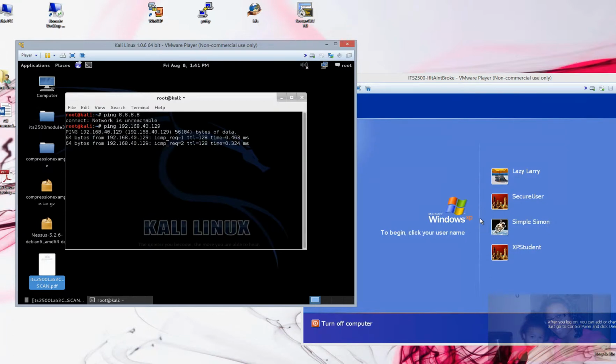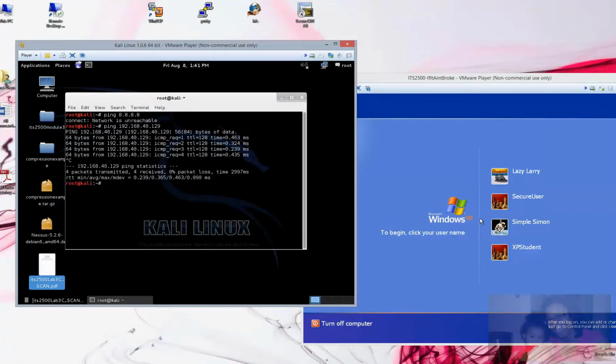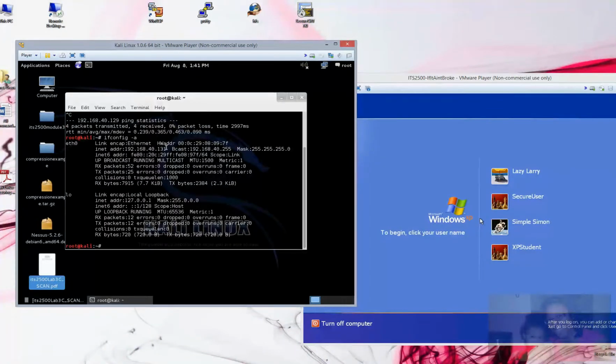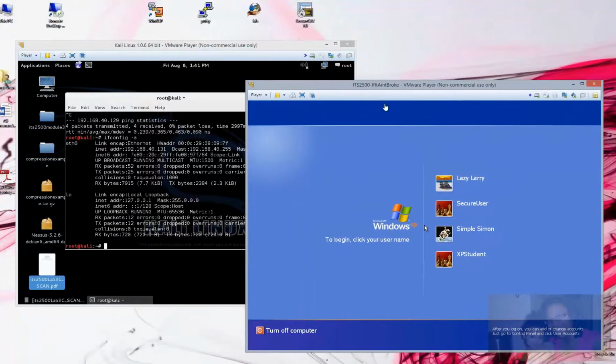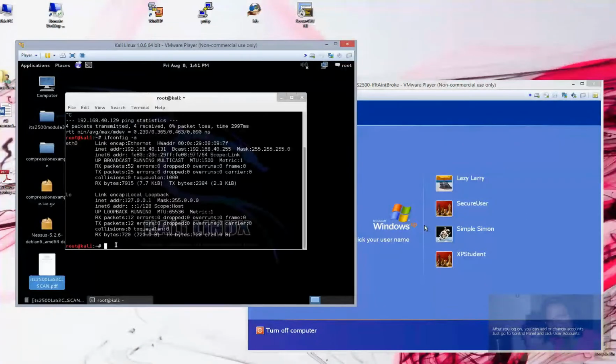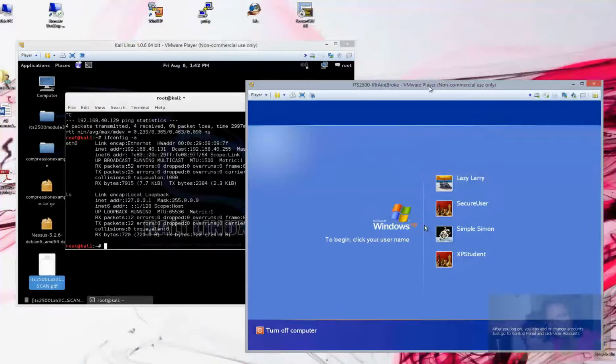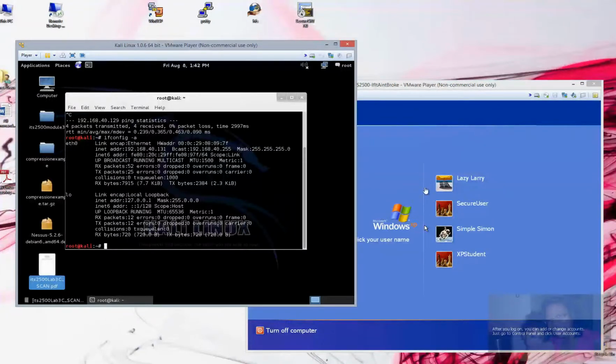192.168.40.129, and we are getting a reply back. Let's confirm that we're not actually pinging ourselves here, and we can do that by running an ifconfig -a, and my address has changed a little bit. It's 192.168.40.131. Again, yours might be slightly different right here. Whatever you pulled up as your Windows system when you did your Nessus scan and your Nmap scan, that's what you're going to want to use here. If you do not see that system, for some reason this guy has booted up with a different address because it is a DHCP configuration, then you may have to run one more nmap in order to discover the address